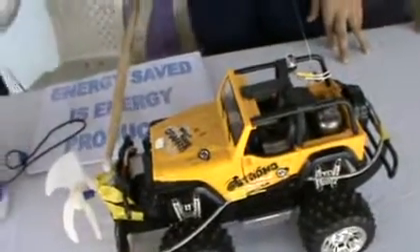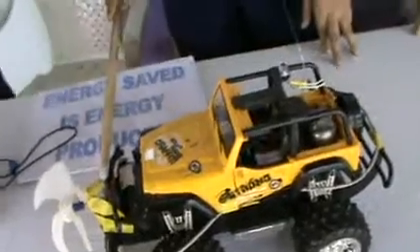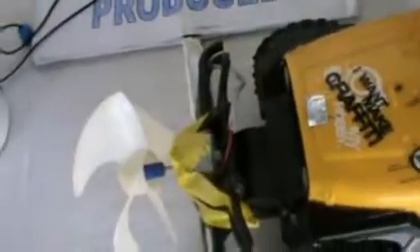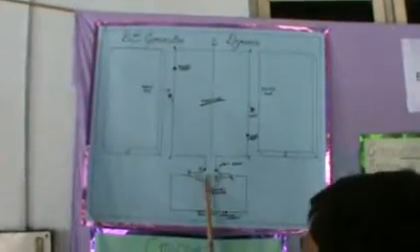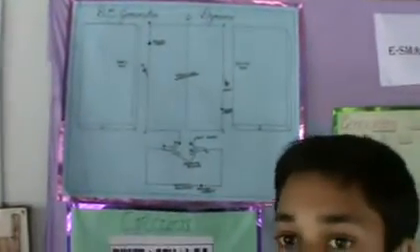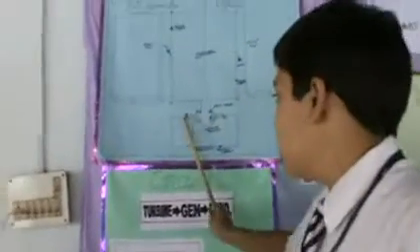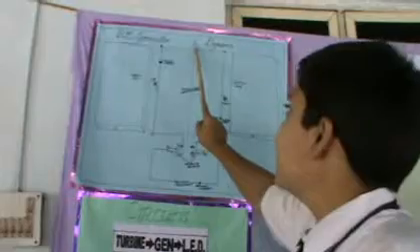The main principle of a DC generator dynamo is based on electromagnetic induction. When the armature rotates, it produces a change in the magnetic lines of force. The DC generator dynamo consists of 4 major components: the 2 magnets, North Pole and South Pole, 1 armature PQRS, 2 split rings, that is a single ring split into 2 parts, R1 and R2, and 2 graphite brushes, B1 and B2.